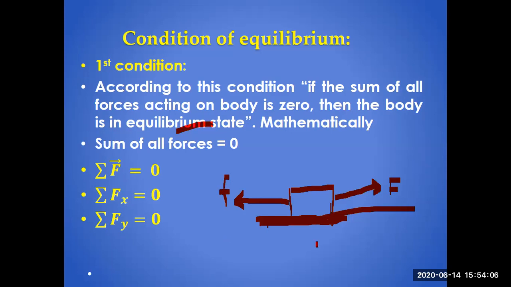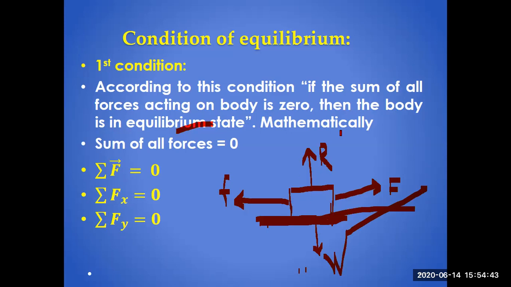At the same time, the weight of the block or object is acting in downward direction. And then the reaction of this surface is acting in upward direction. So this is called basically reaction. If you look at action, F force is acting in this direction and frictional force is acting to the other side. Weight of the block is acting in downward direction. Reaction of the surface is acting in upward direction. So the block is at rest.